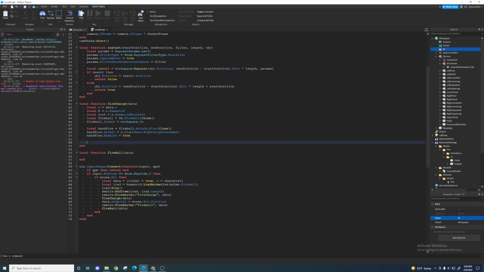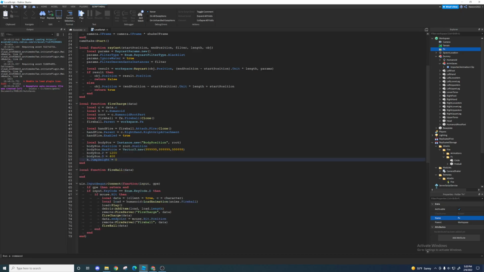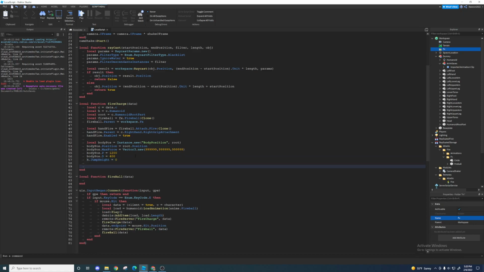Yeah. So also when we're charging, I don't want our player to be moving around. So I'm going to give our player a little body position, basically that prevents our player from moving, and I'll make it unable to jump as well. So yep. Next, when we're charging up the fireball, I kind of want wherever the player is standing to